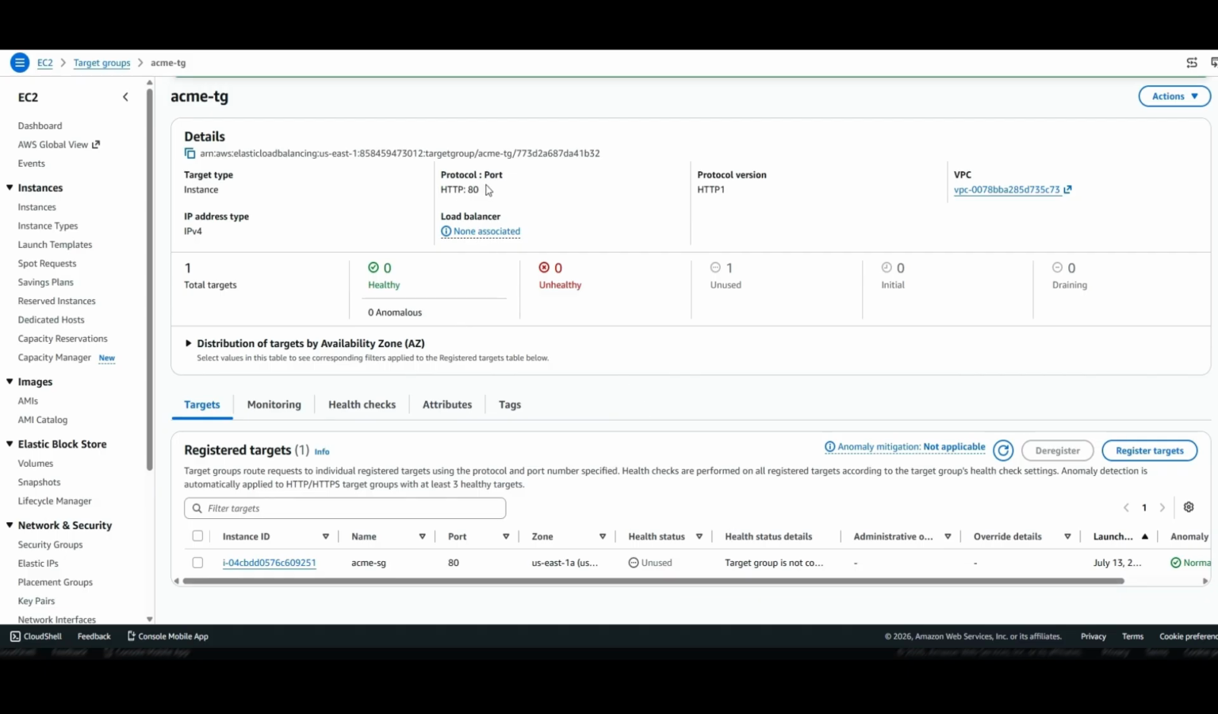So here the protocols have been defined for how it is going to check your EC2 instances. Here the VPC is mentioned. The EC2 instance ID is available here. You can click on